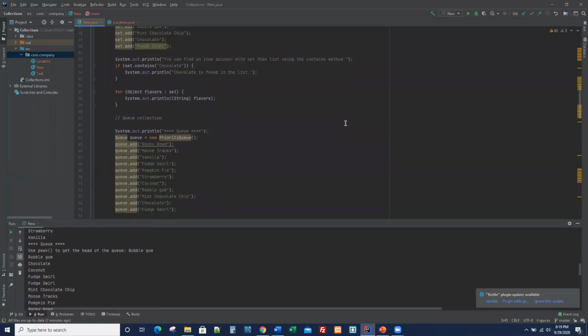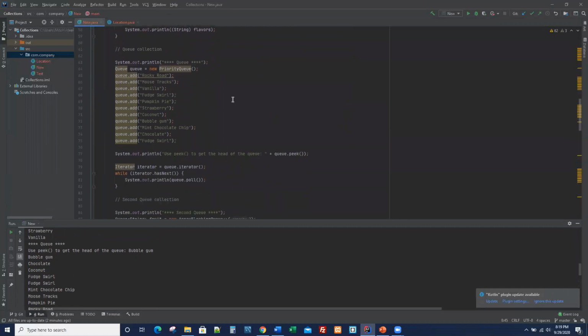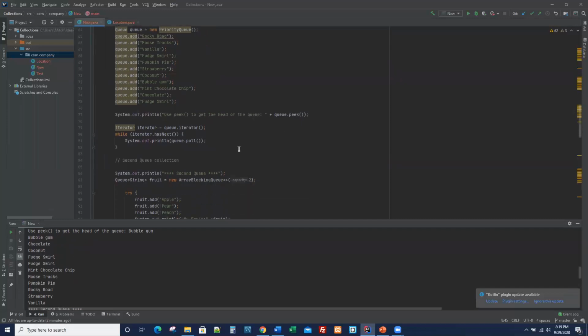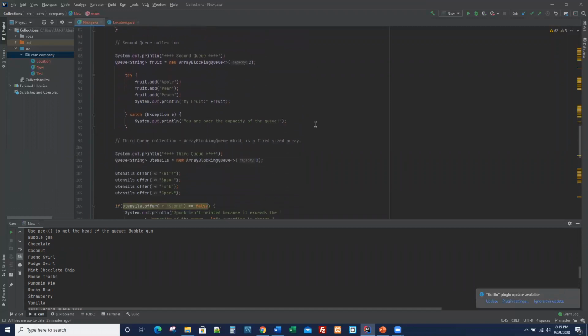And then the queue. I've done a priority queue, and I used peek right here to get the head of the queue, which is bubblegum. And then it prints out everything. I used the iterator to print that. Then the second queue collection I have,